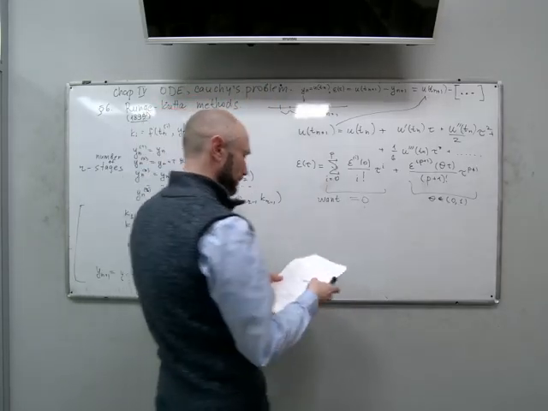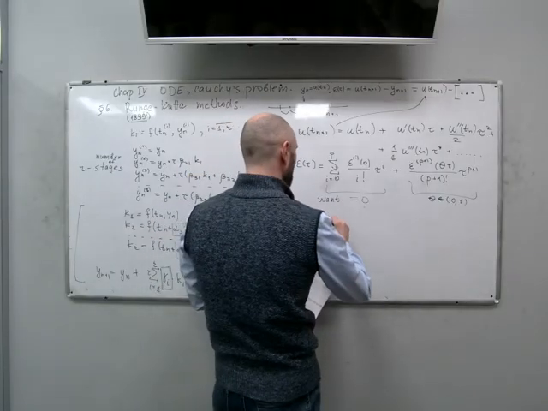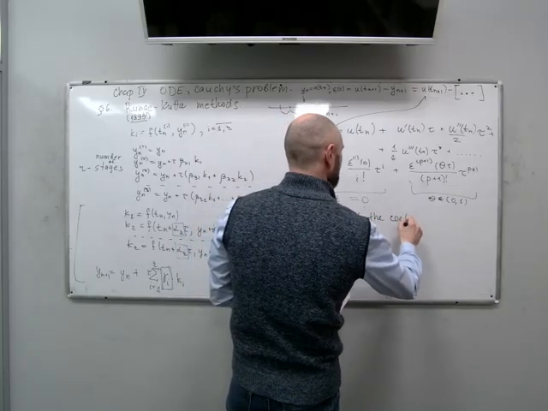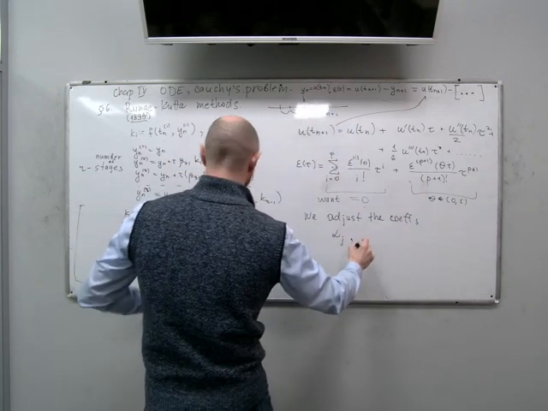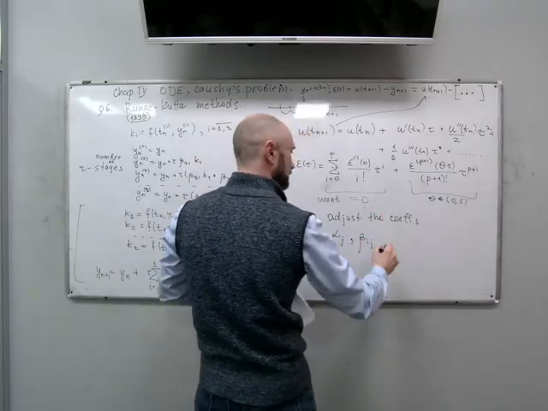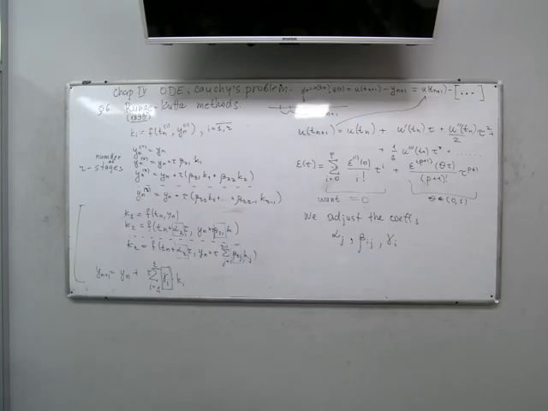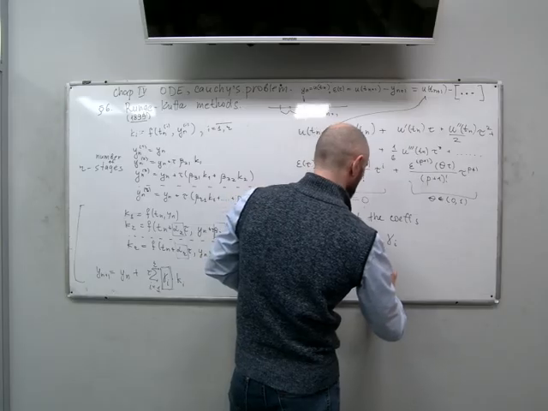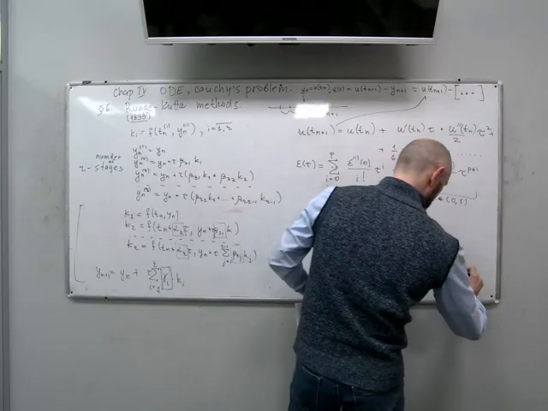Okay, so I will write it in words. We adjust the coefficients alpha j, beta i j, and gamma i in such a way to make p terms